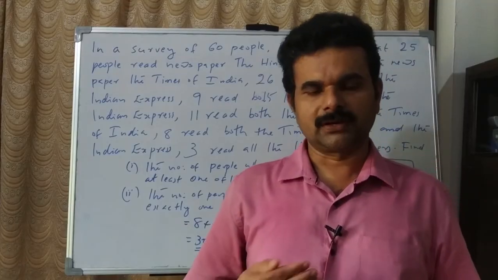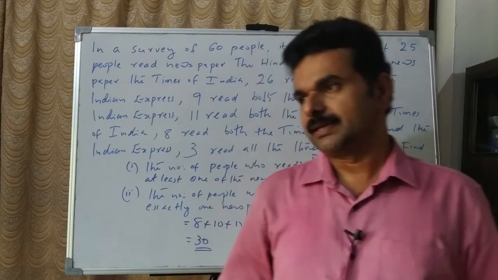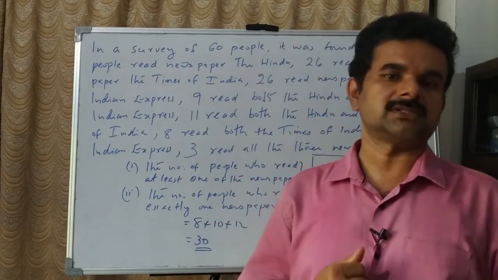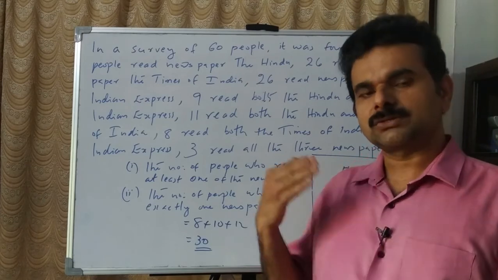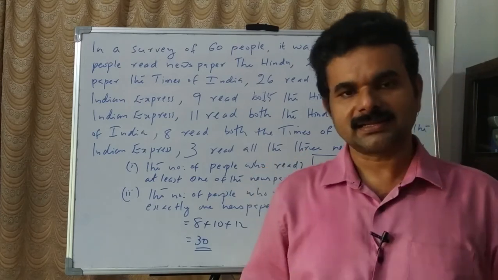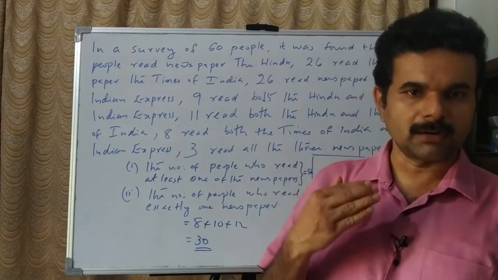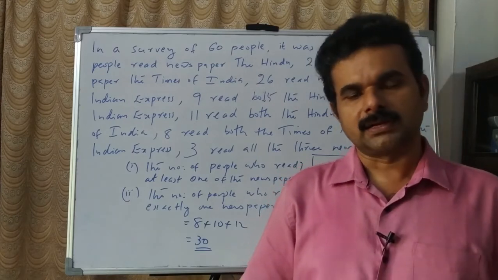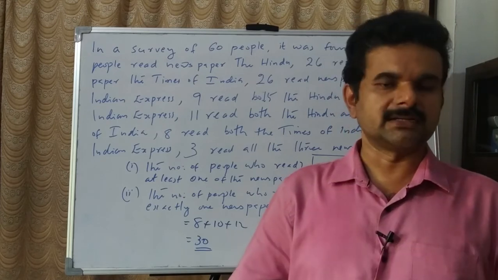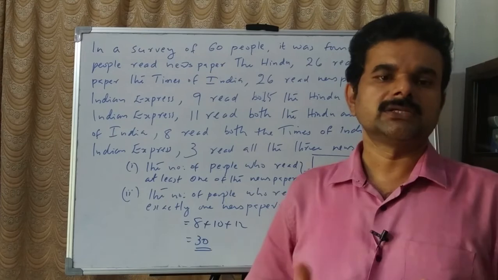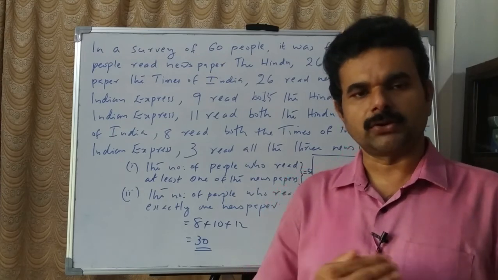Now we are going to wind up this class. In this class we have learned several application level questions, and all such questions were very interesting and very simple, and most of the questions can be calculated by using a Venn diagram. Diagrammatic representation is always very simple, and the same questions can be solved by using the formula